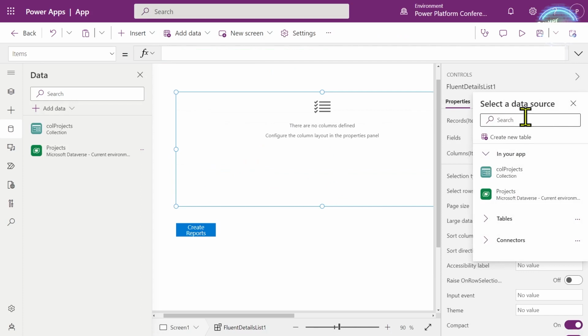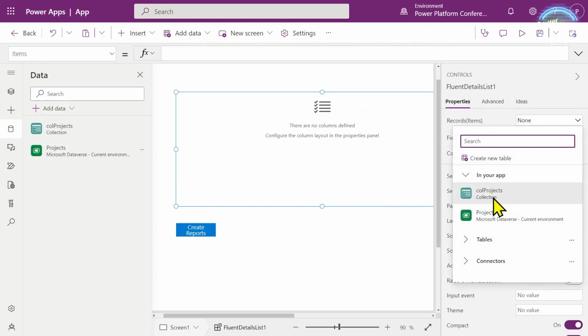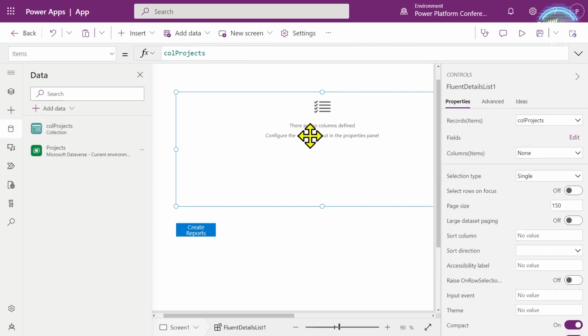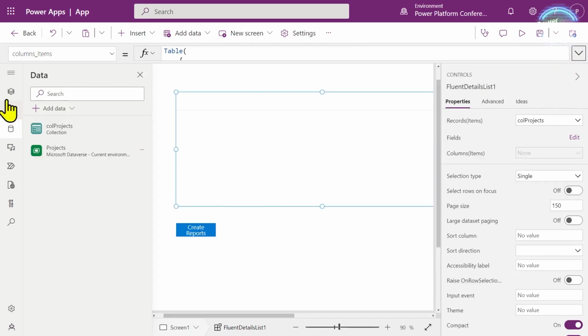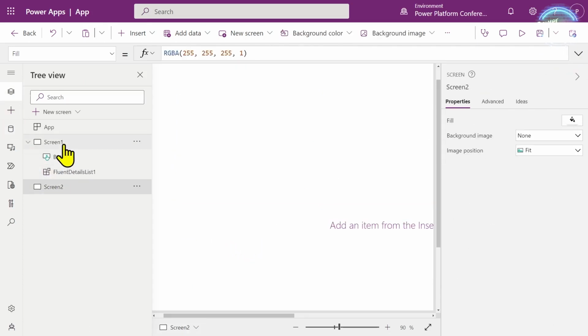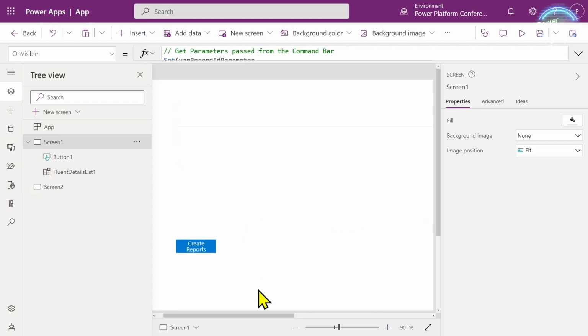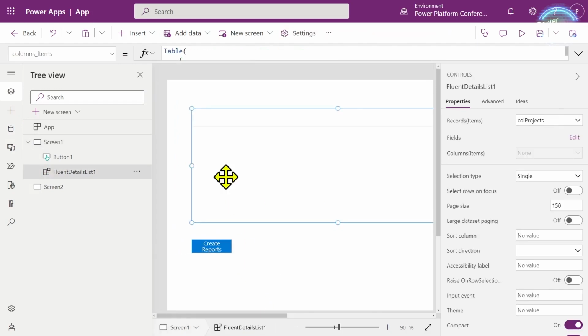So we can go and bind this col project to our data grid here. And then we need to set the columns. I've got another video that shows you how to do this. Set the columns to be a set of simple definition of the status and then the name. And so if we run this by moving away and then coming back again, we should now have a set